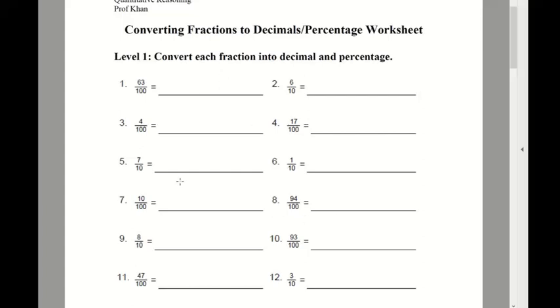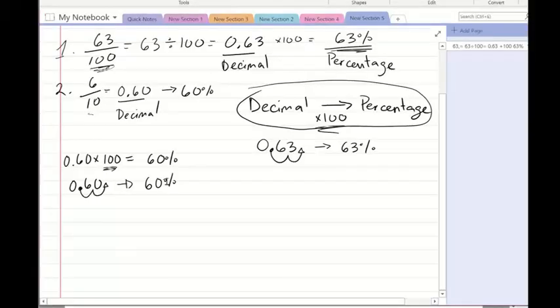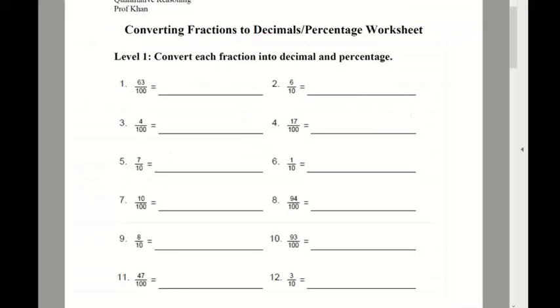What I want you guys to do is get into the practice of showing your work, like the way I showed it right here. You don't have to write down the rules and whatnot, but what I did right here, 63 divided by 100 equals 0.63, and the way you convert to a percentage is by times 100. So something like this. If you do something like that, you'll get full credit for that question. All right, so let's move on to